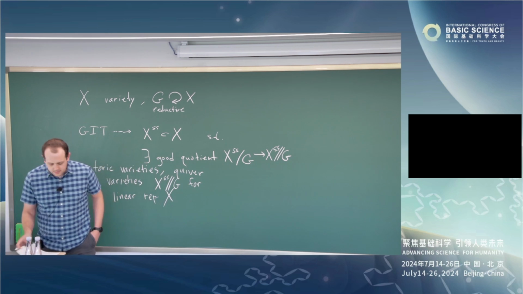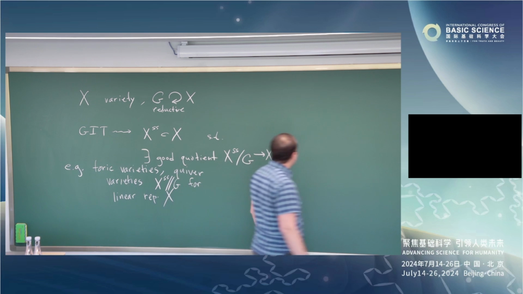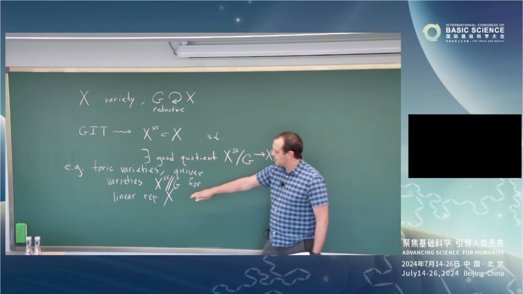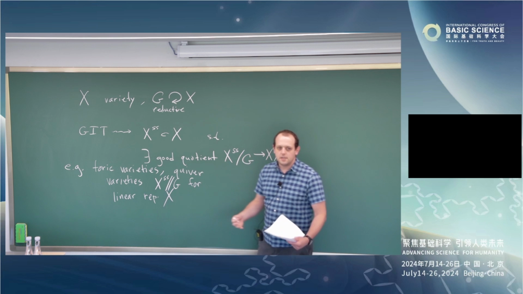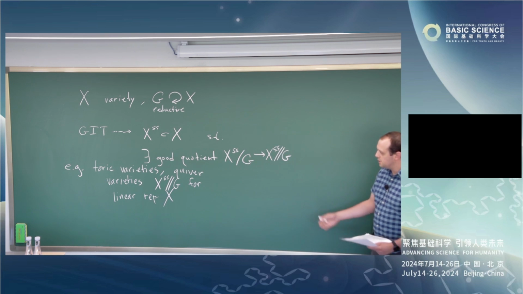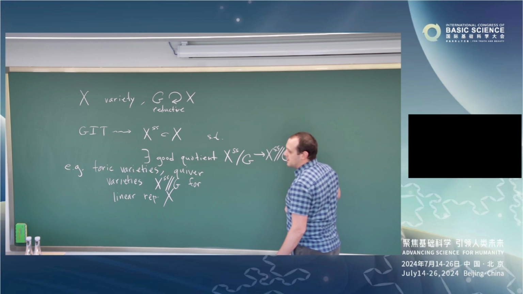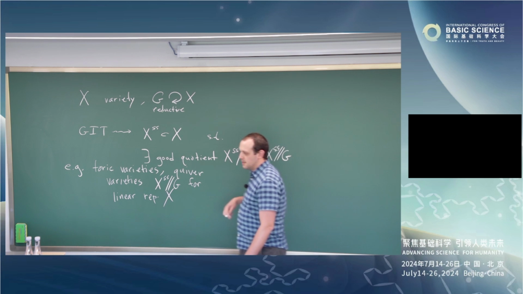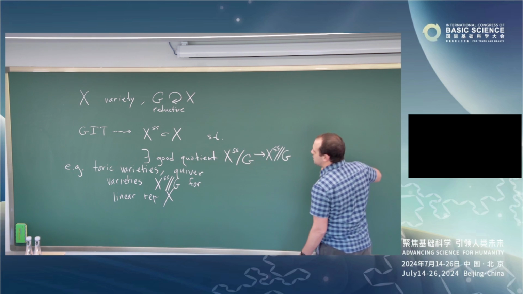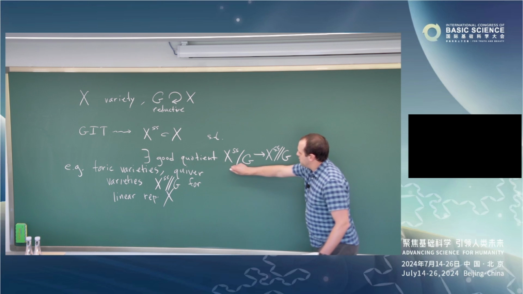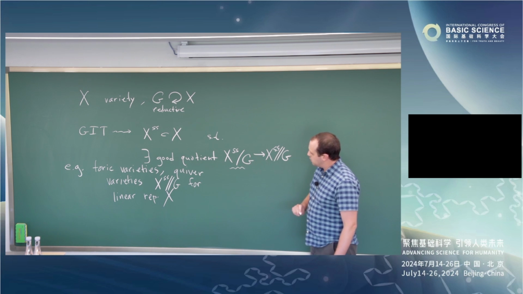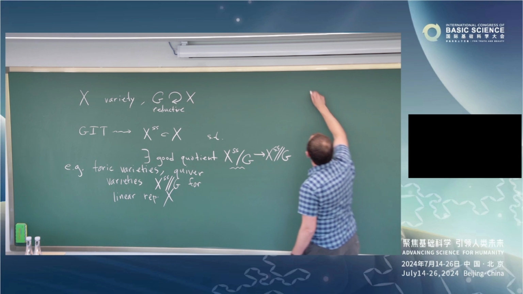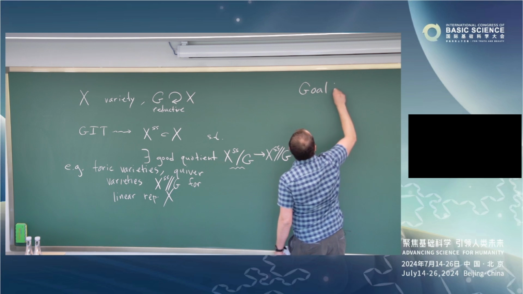So one of the themes of GIT is that you can start with a space that's not very interesting, like just a vector space. And when you take a GIT quotient, you get a space with very interesting geometry. And so the goal for this talk, I'm actually always going to focus on this quotient stack as the GIT quotient, but the goal is to compare